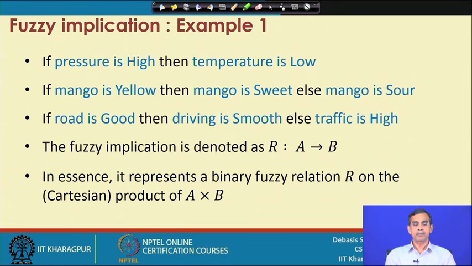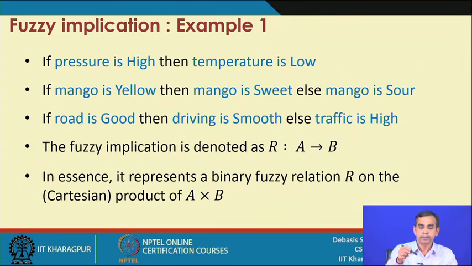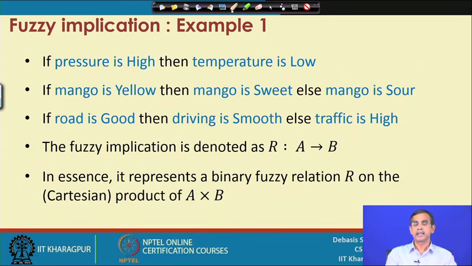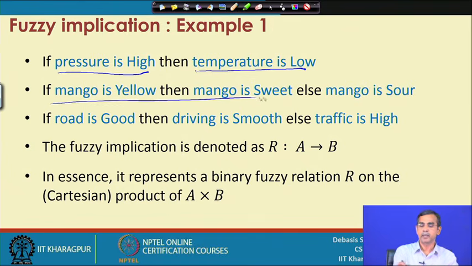Now, I can give some examples so that we can understand what a fuzzy implication or fuzzy rule looks like. If pressure is high, then temperature is low. Here, pressure is high is the premise or antecedent, and temperature is low is the consequence. In fact, these are two propositions. As another example, if mango is yellow, then mango is sweet, else mango is sour. It is expressed in if-then-else. So, if-then-else is another form, but sometimes we can represent everything in the form of only if-then,